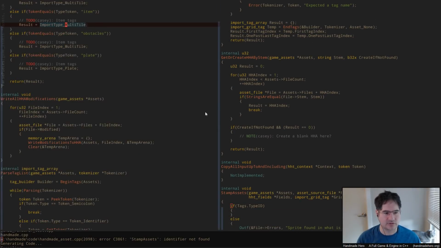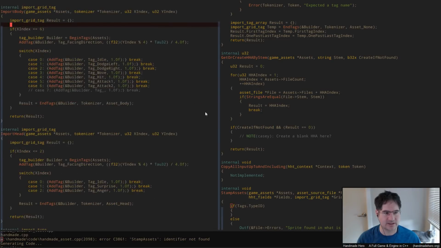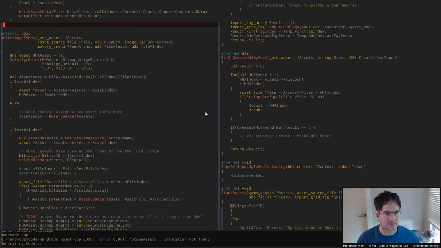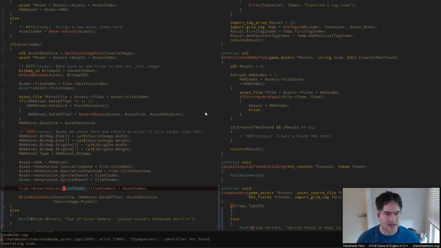When we go and do the write HHT part of this from before, which is right up here, I need to follow this logic a little bit. So this part here where we specify what's going on, inside the file asset indices, you can see as we flow through this code that down here we're going to assign this thing. And in terms of the type that gets assigned to it,